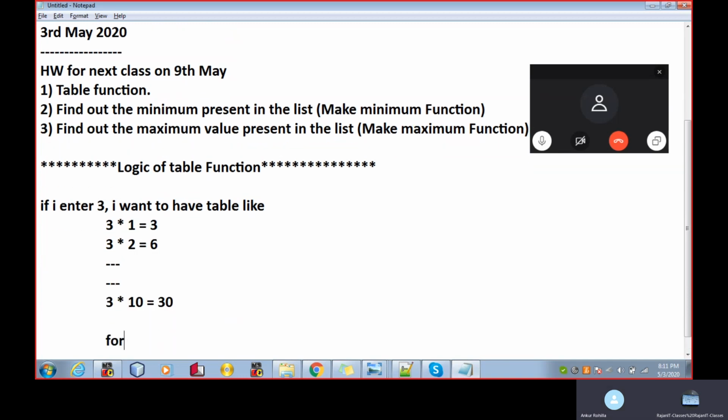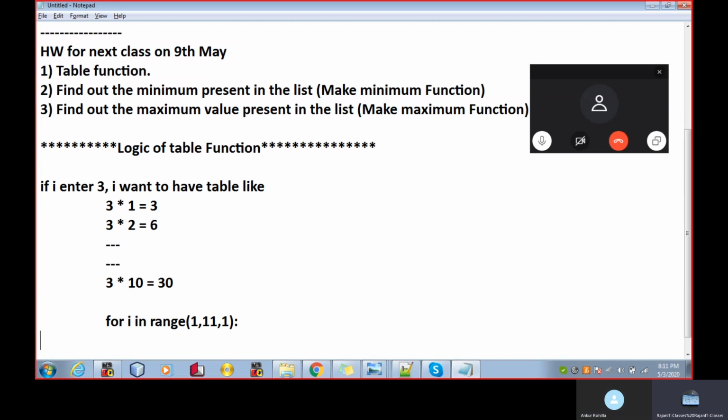So we'll write the for loop: for i in range, it starts from 1, runs till 11, incrementing by 1. It starts from 1 and its top value is 11, so it runs till 11 minus 1.